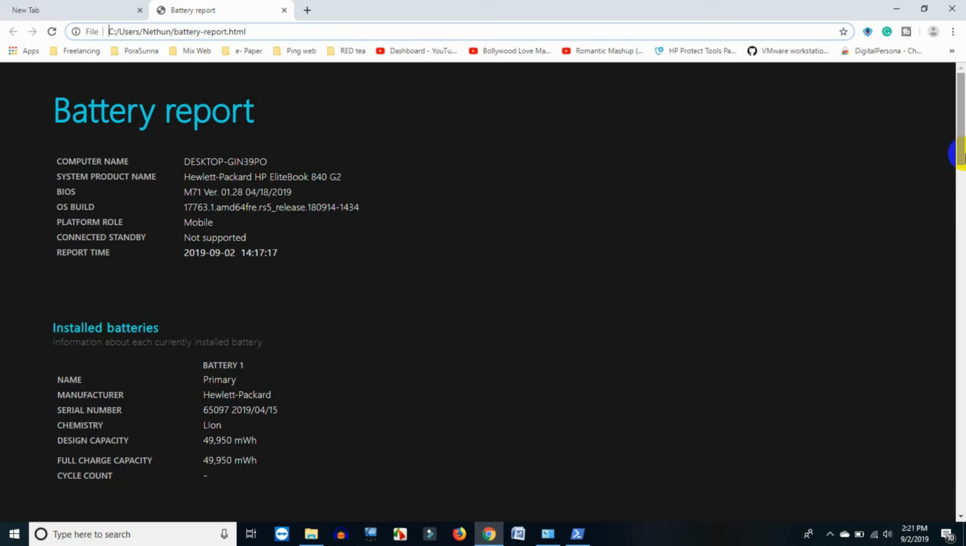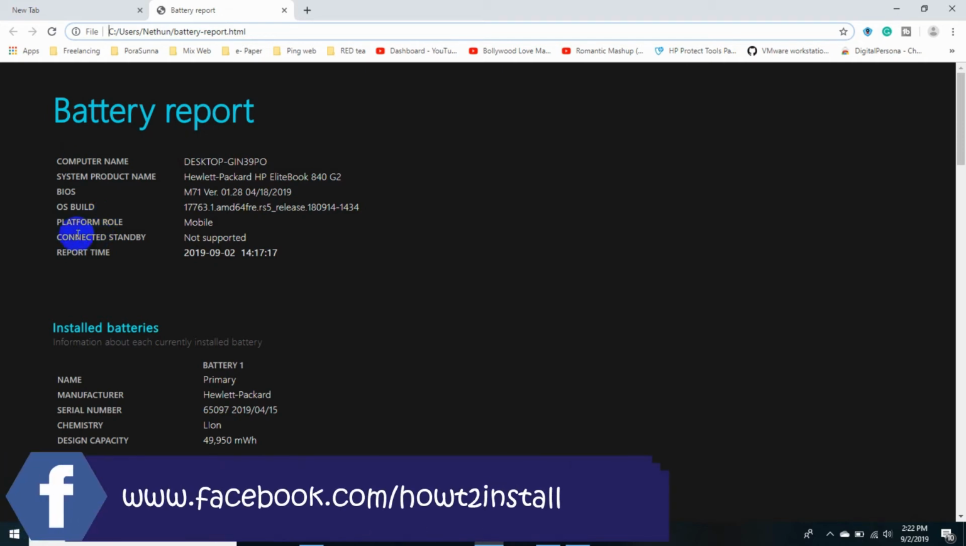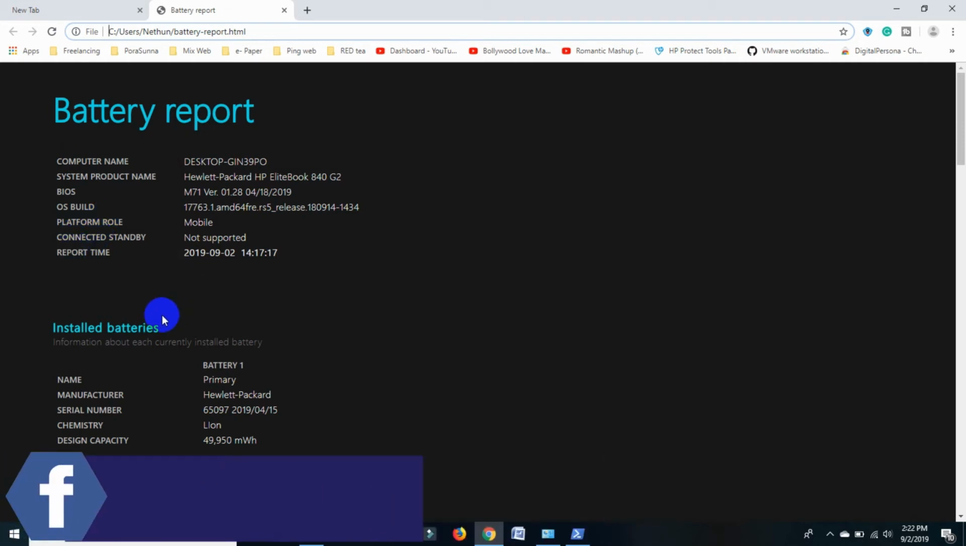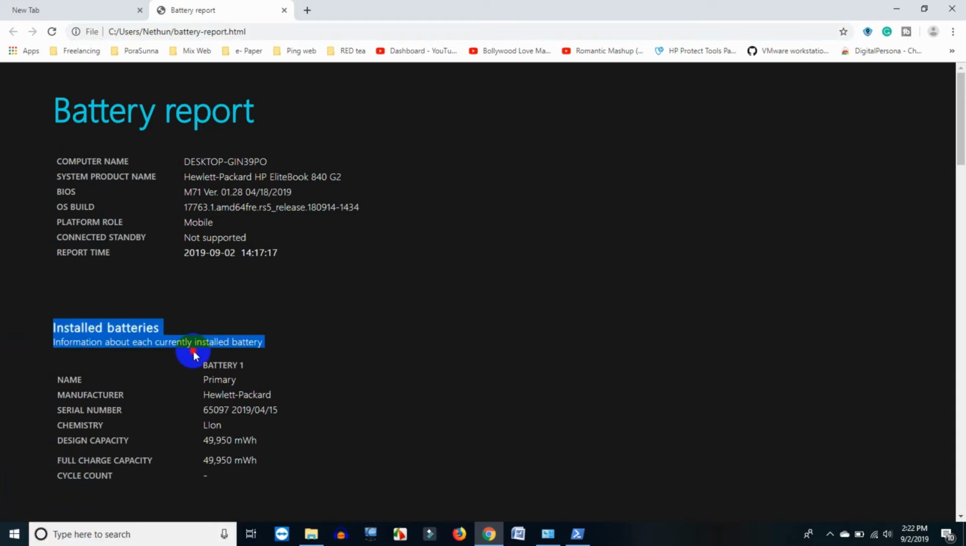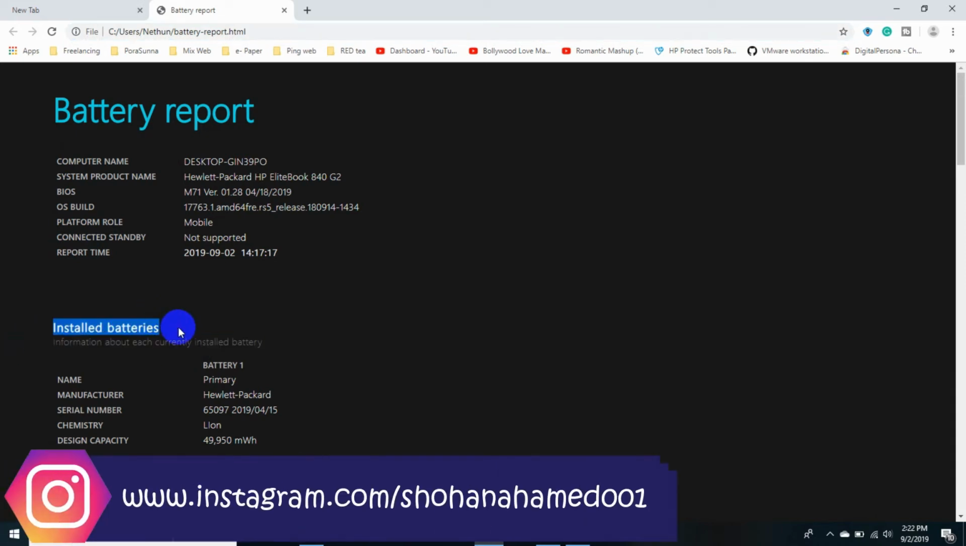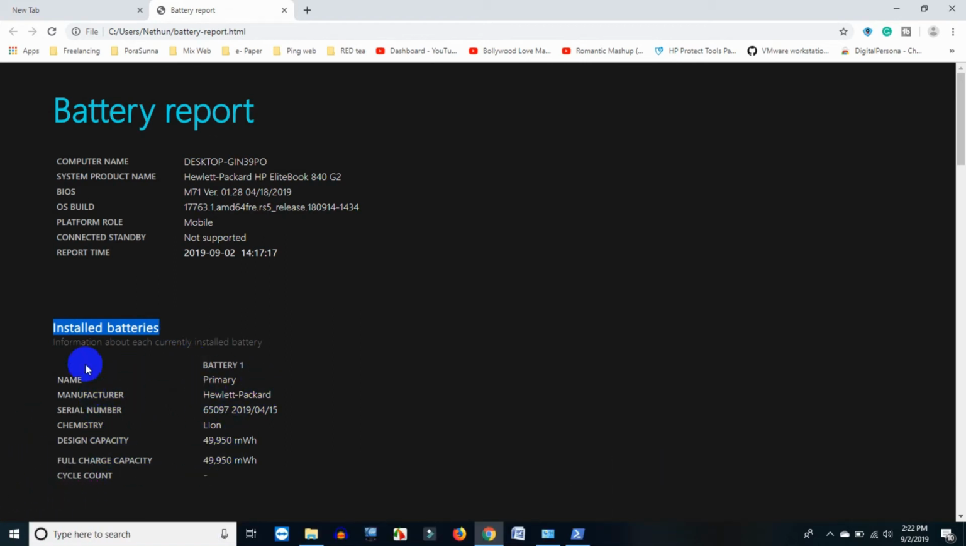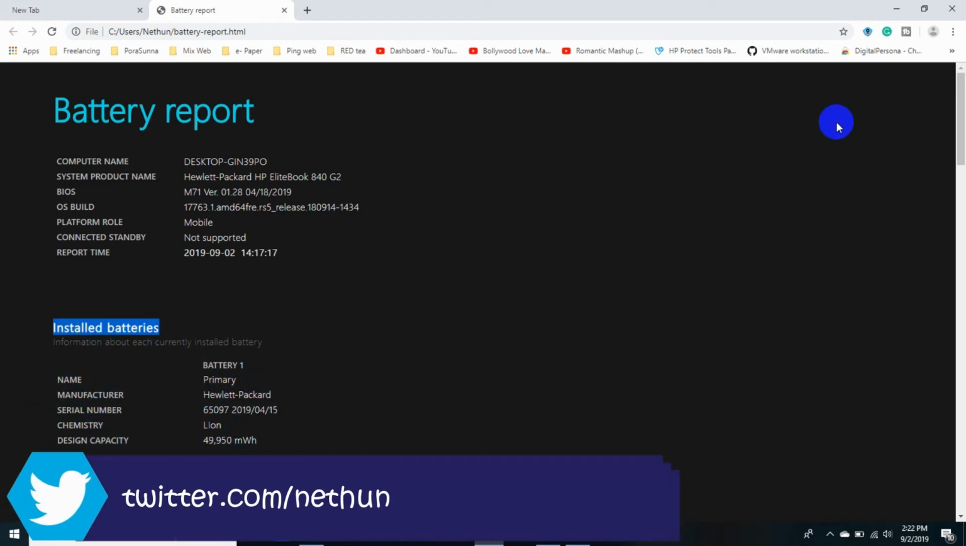In this battery report, you will find many information on battery, computer name, system product name, BIOS build, OS build, platform role, connectivity, standby, report time, and here you can see install batteries. If you have two batteries, then you will find two information on two batteries here. And at the below,